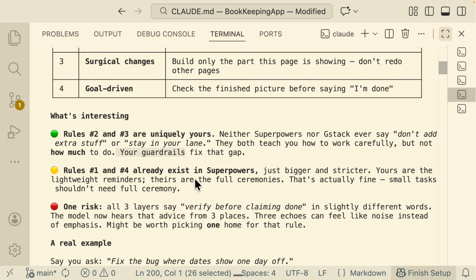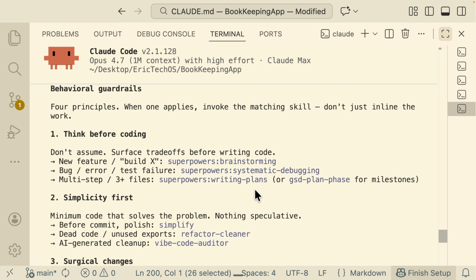That's exactly what Superpower and GStack do. It's creating a framework that the large language model follows, but it isn't built into the brain. But most of them are very similar, right? The same rule, the same concept is very similar between the two. But that's why my recommendation, my workflow, is combining the two. Not just showing them the constraints, but also giving them the path on exactly which skill to trigger. For example, each of the principles that Karpathy has mentioned, like think before coding, like don't assume, like surface the trade-off before writing code, we will give them the path on exactly what skill to trigger.